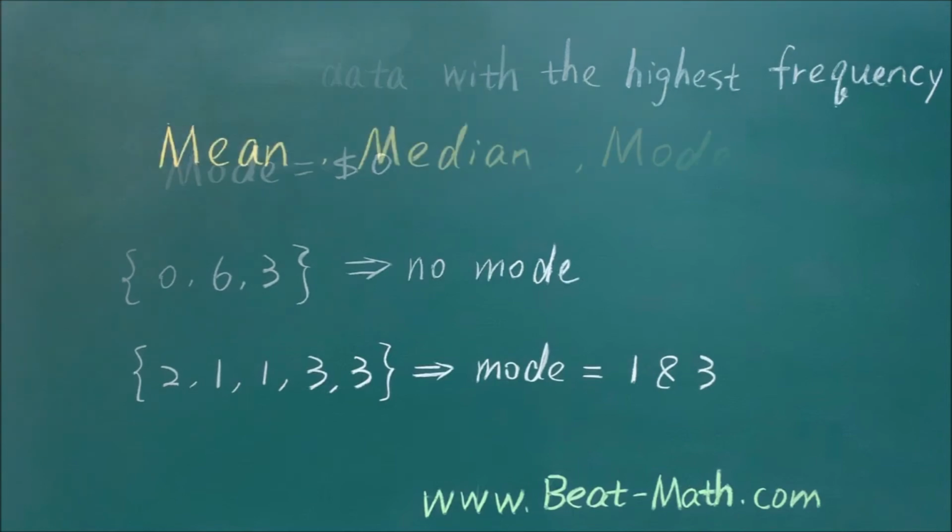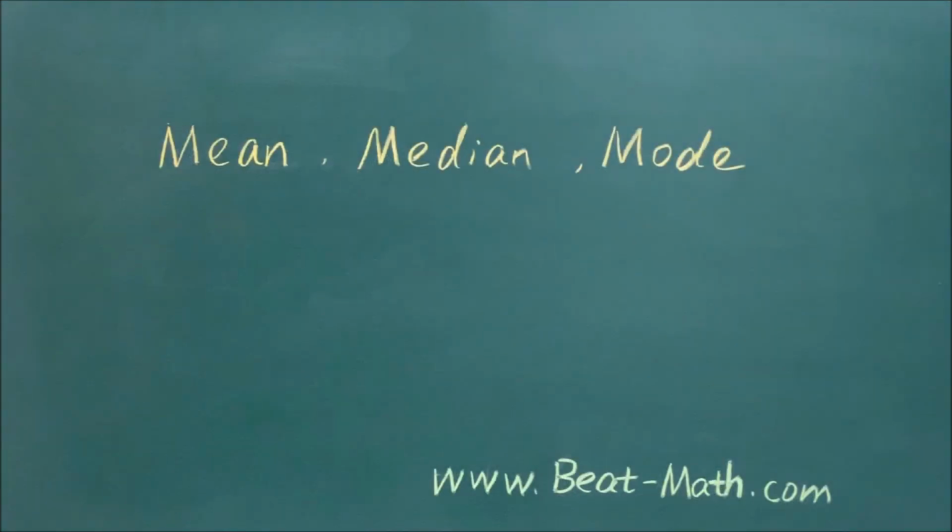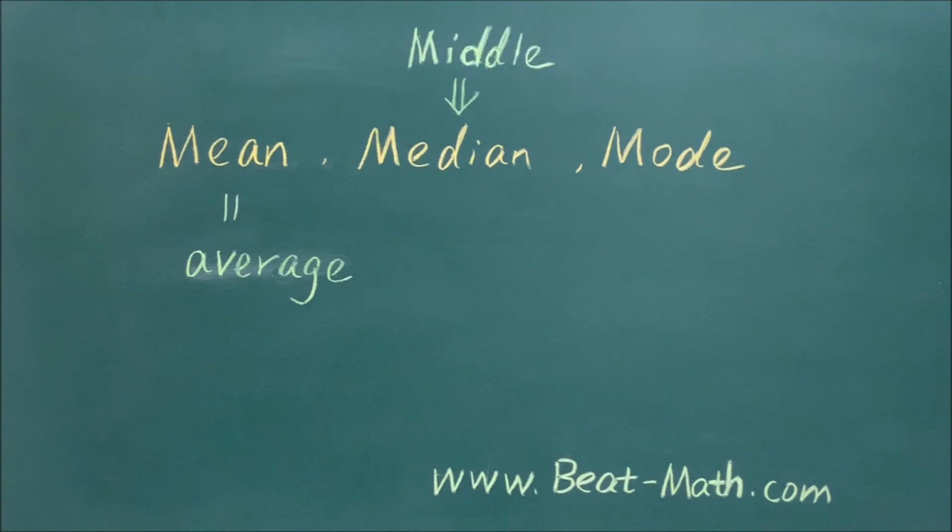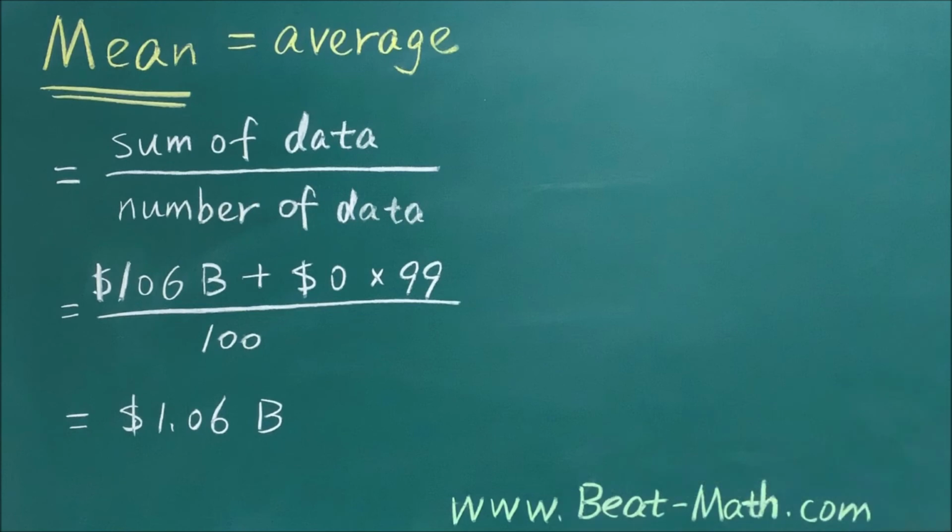Okay, we've learned the mean, median, and mode. As you can see, these three concepts aren't difficult, just remember which is which, especially the difference between mean and median. Mean means average, median is in the middle. In a random sample, the median is more helpful than the mean. Take the example of Bill Gates. If we look at the mean, $1.06 billion per person, we might think that this group of people are all